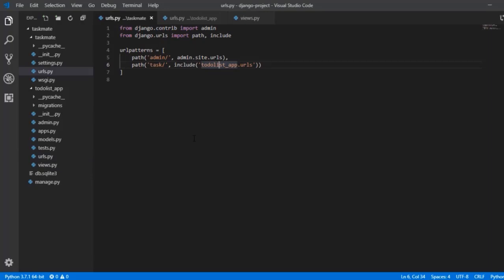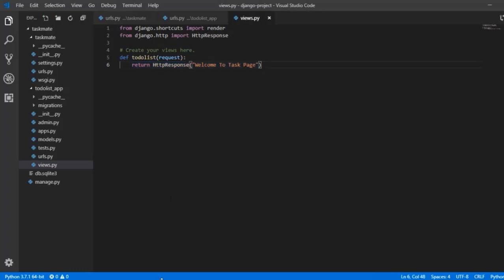So now what is going to happen is someone is going to visit our website. They are going to visit our domain name / task. It would be redirected to our to-do list app. Then they will come on this particular URL. They will see if that URL is blank. It would redirect it to our view, take all the things that is required, that is our functionality, and it would return this particular response.